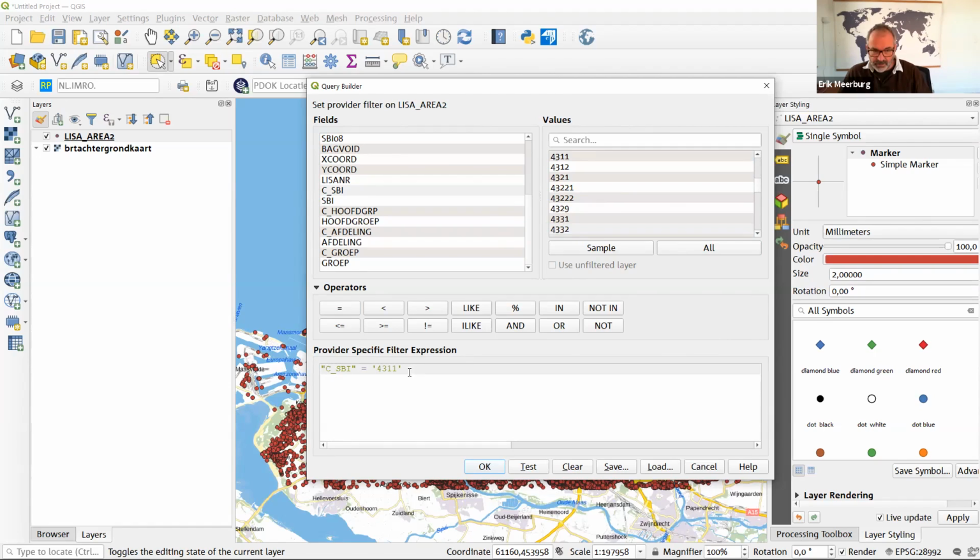So what I do is I select this, and I could also select the other one. So I'll check, and this is my second. So I've got two statements here. It could be SBI code 4311 and 4332. Now, currently, this is not a valid expression because it is an expression and another expression, and there should be something combining these two. The question I got was, if I use both filters, it will give me no result